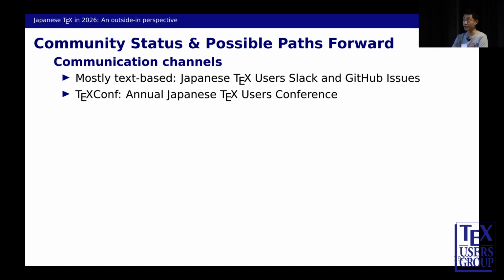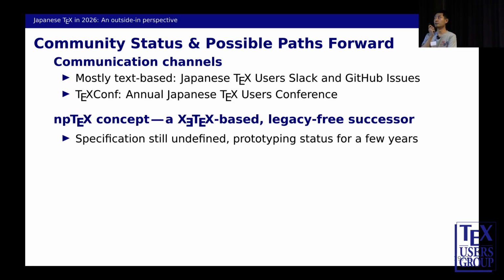So we have a Slack channel and GitHub issues to discuss the daily issues. And we also have annual meetings in Japan, which have, I don't know, about half the audience compared to TUG. And also there is